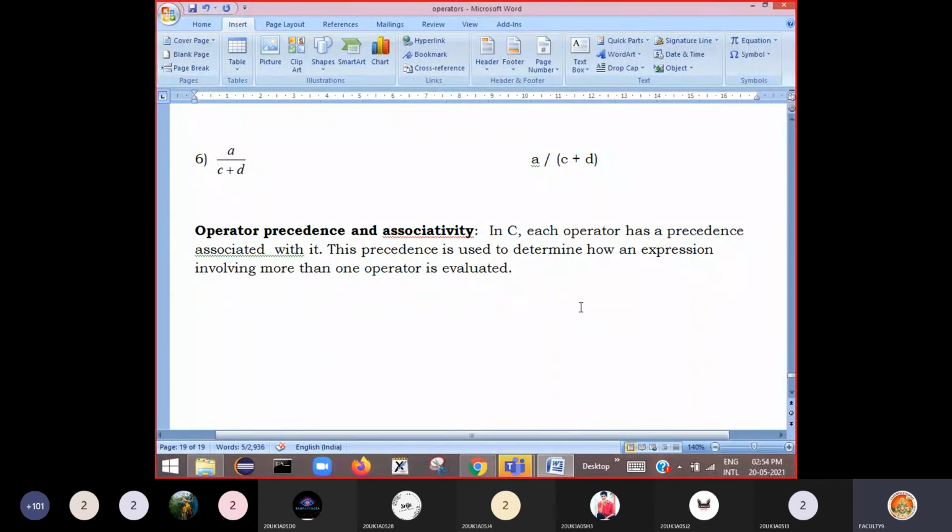Now how is this evaluated, just see here. The operators at the highest level of precedence are evaluated first.